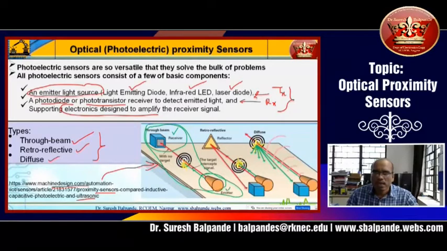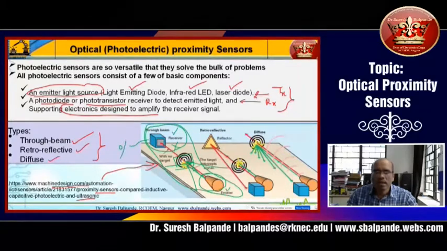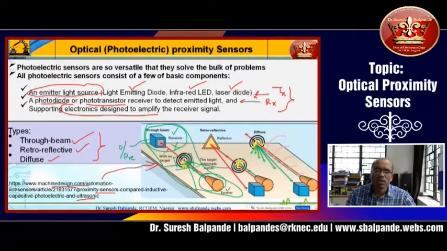Whenever there is a target, some obstacle in between, there will be an interruption of the light. The light will fall on this object, the target, and get reflected back here and here. So no light will reach the receiver. That is considered as a 0, and this 0 you can treat as the presence of some object. This 0 you can invert later on to a 1 also. It depends upon the designer.